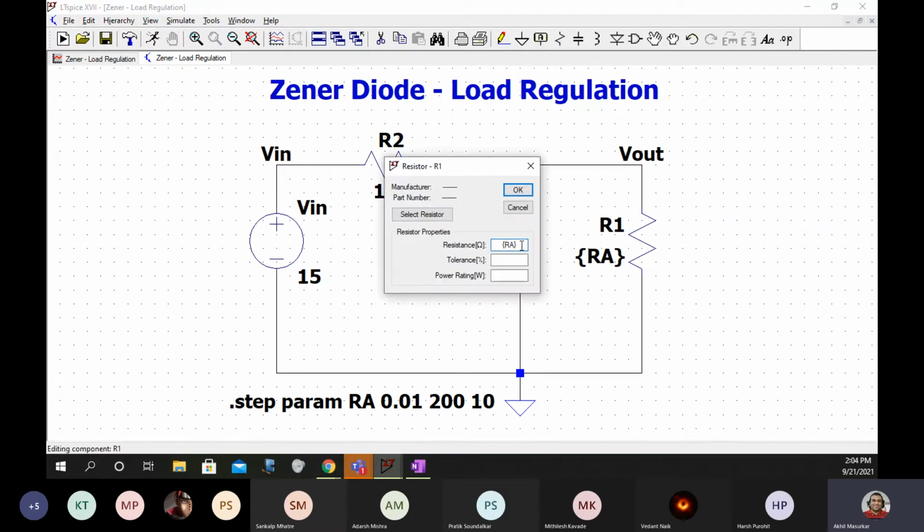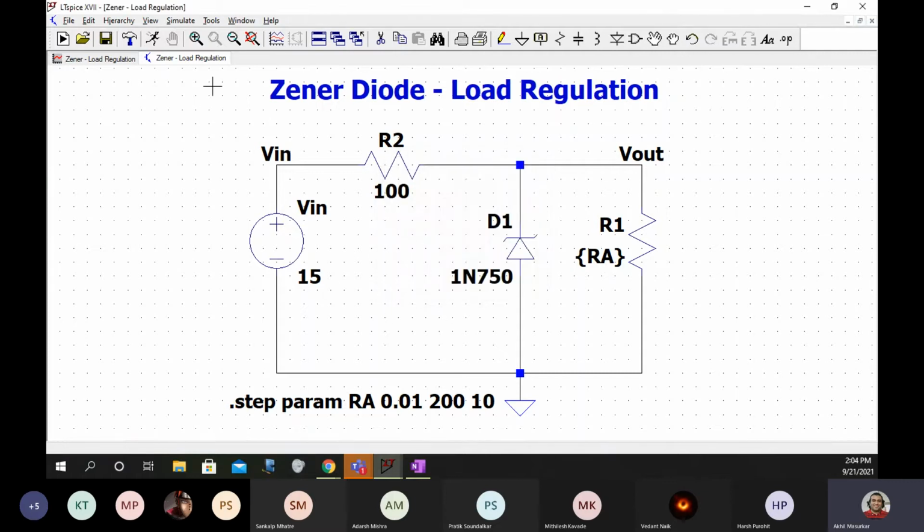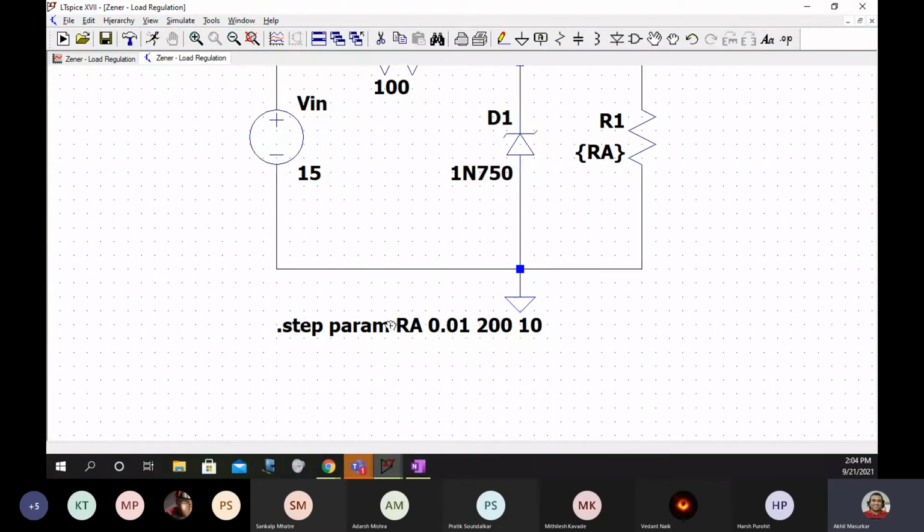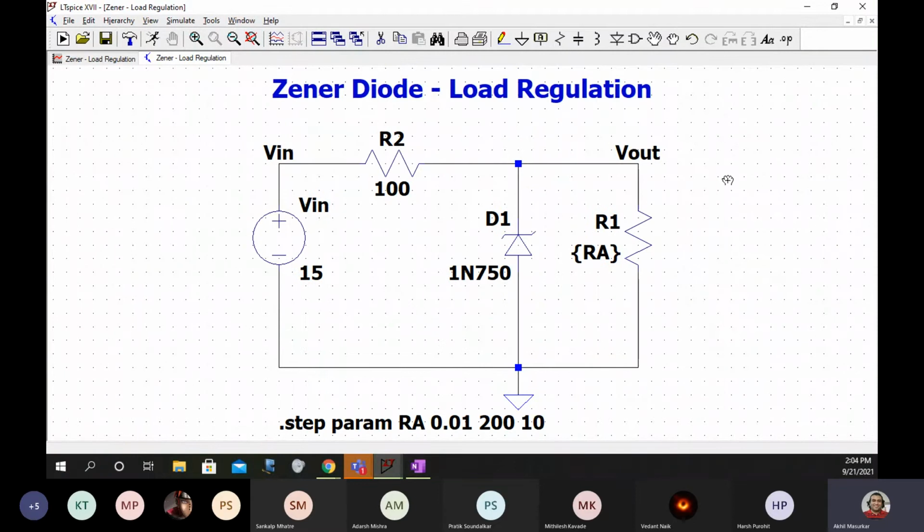Curly brackets RA, where you write the value of. I want you all to have this circuit on the screen.